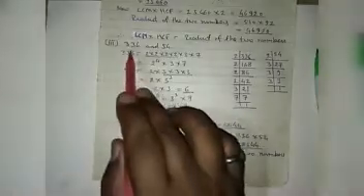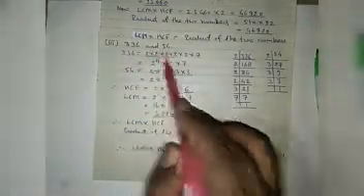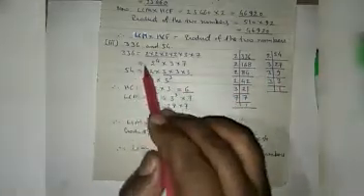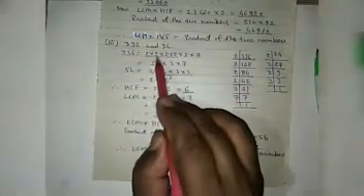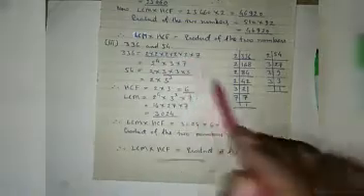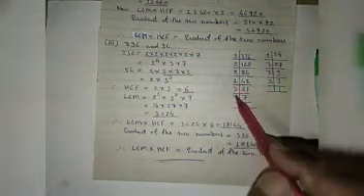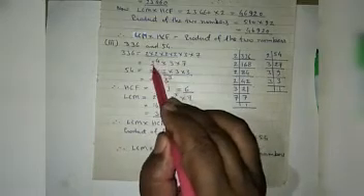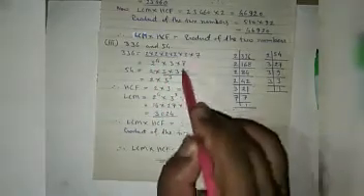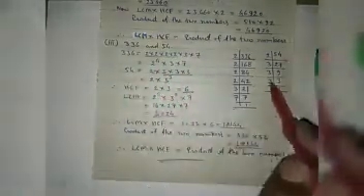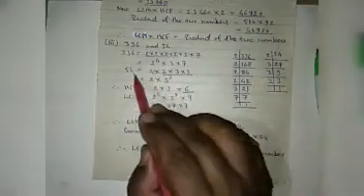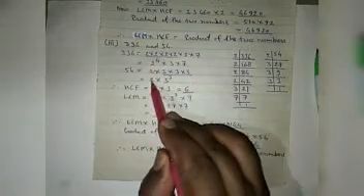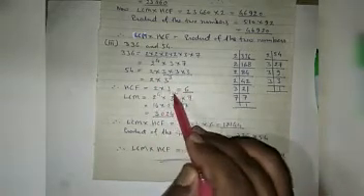Now in the third part, the numbers are 336 and 54. Prime factorization has been done here. Then the factors are 336 equal to 2 into 2 into 2 into 2, 4 times 2, and then 3 into 7. So it is written in the form of power: 2 power 4 into 3 into 7. 54 has the factors 2 into 3 into 3 into 3. 3 is 3 times, so it is written as 2 into 3 power 3.